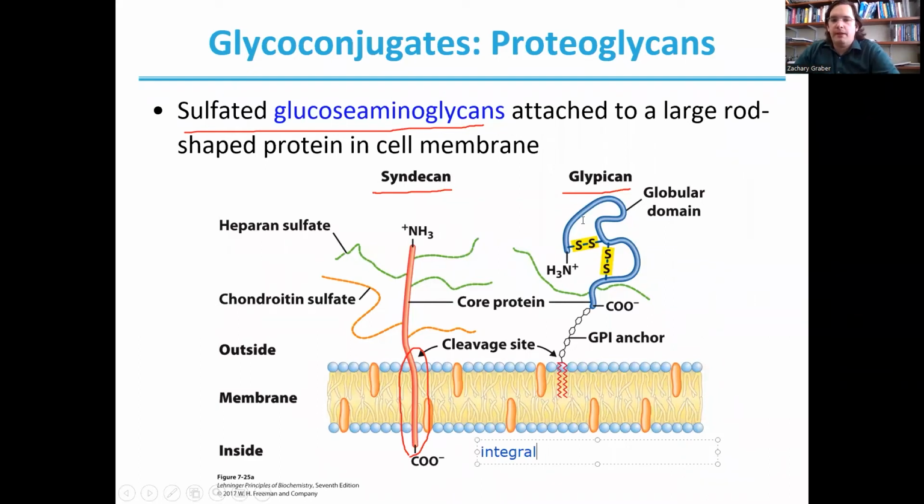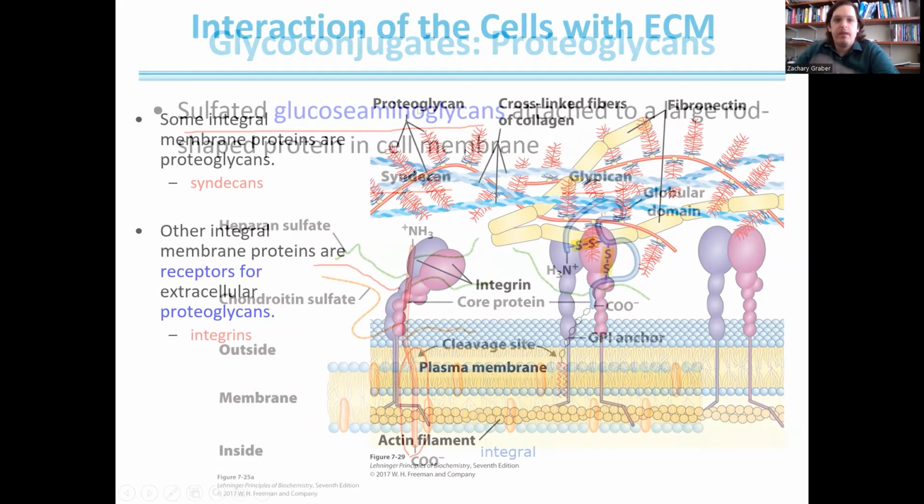And our glycans are actually attached to the membrane through a linker. So we have this GPI anchor, it's called, that will link our protein to the membrane. And they both will have those sugars attached. So we see here in green, this is our heparan sulfate. So we saw, of course, the structure of heparin before. Heparin can be linked to our protein as our heparan sulfate to create these proteoglycans.